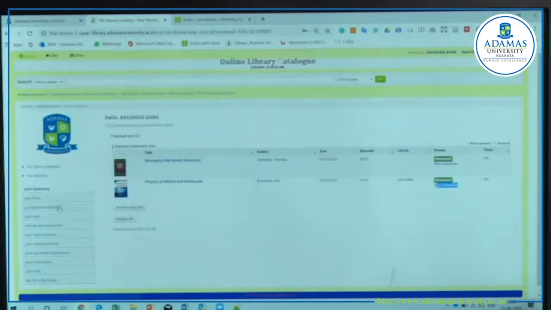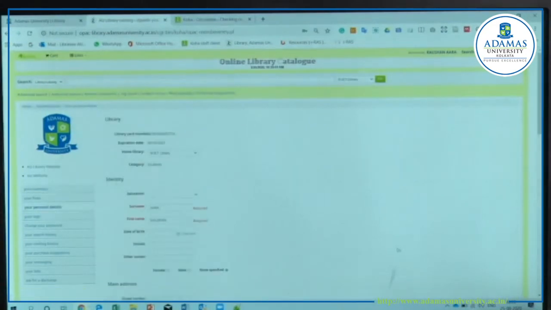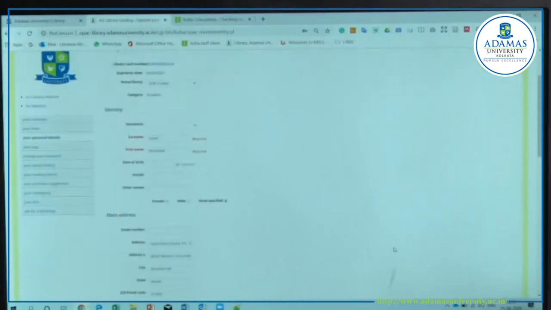Here you can change your personal details. Please be aware that when the physical library is available, your presence will be required at campus. Every library generally charges a fine for not returning books on time. Here, if you do not return the books within time, the fine is 5 rupees per day per book.